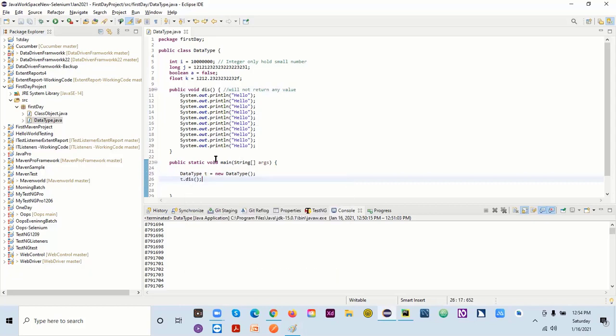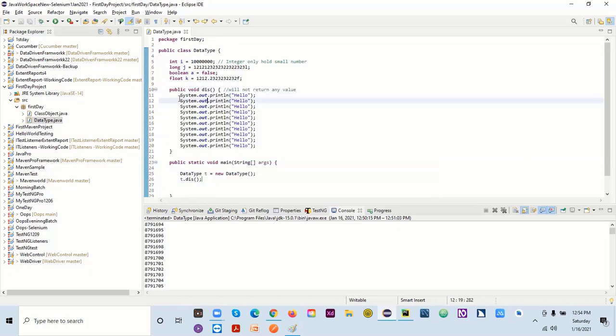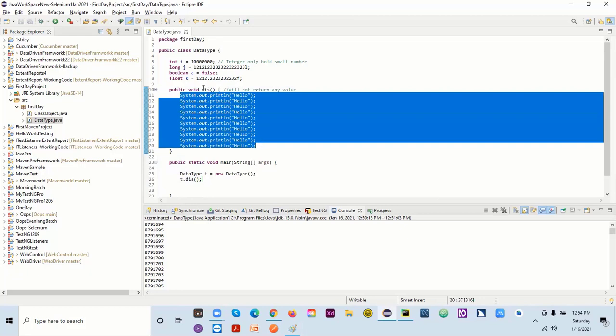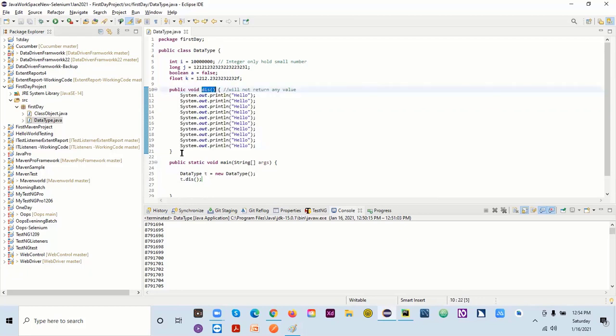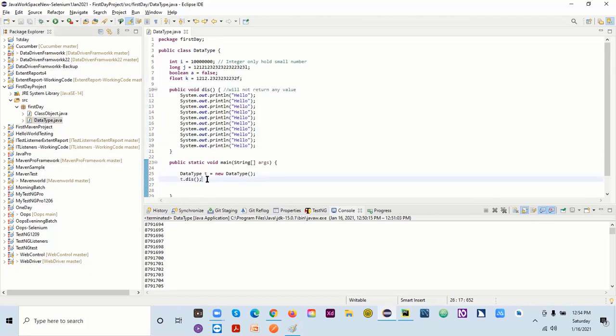That's it. This is a one-time activity. A method is a set of code which we have under a name. If I write this one time, I can call this method anywhere in my program. I don't need to write it again and again 10 times.